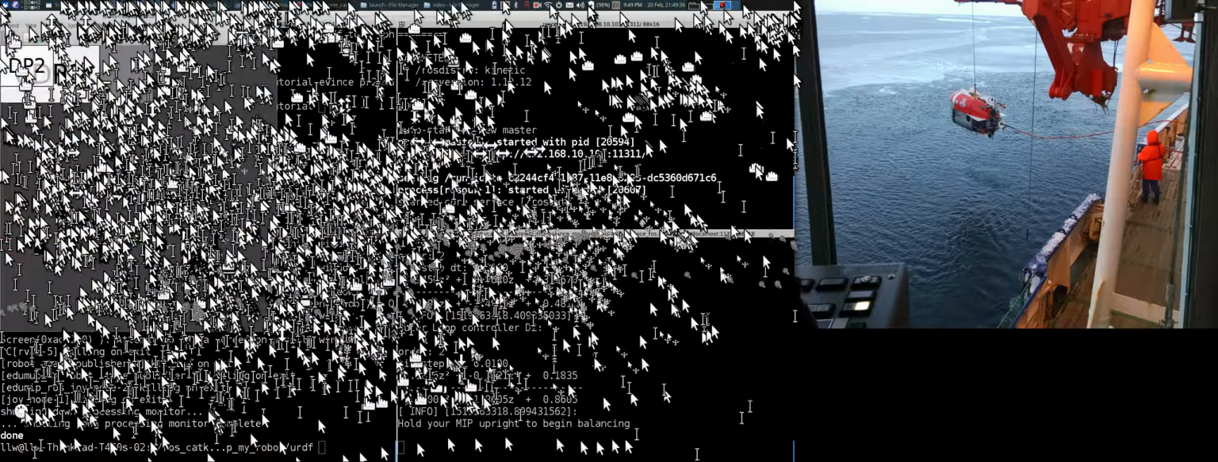And then I'm not going to save it because I was just demonstrating it, but if I saved it in that file there, then edumip my robot